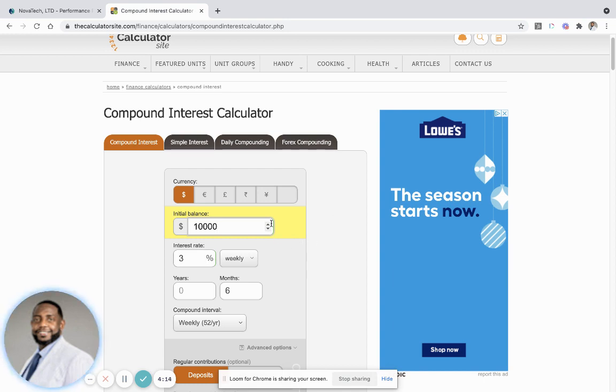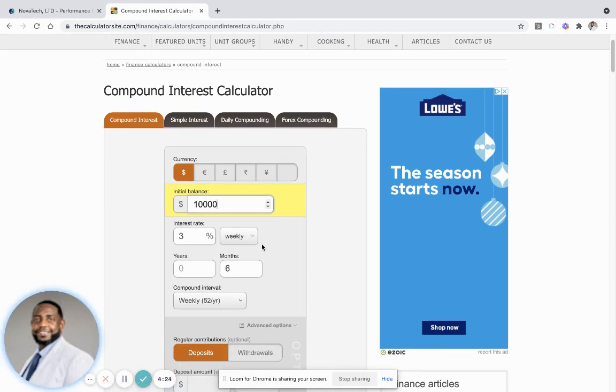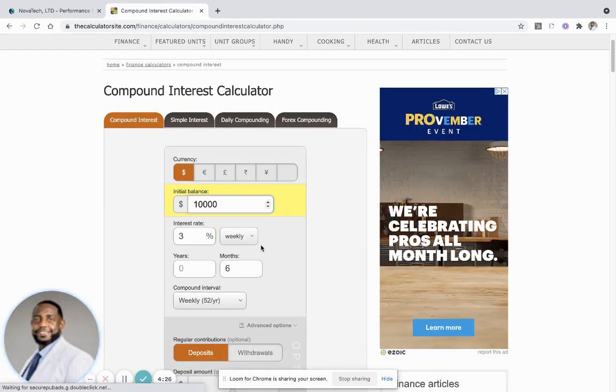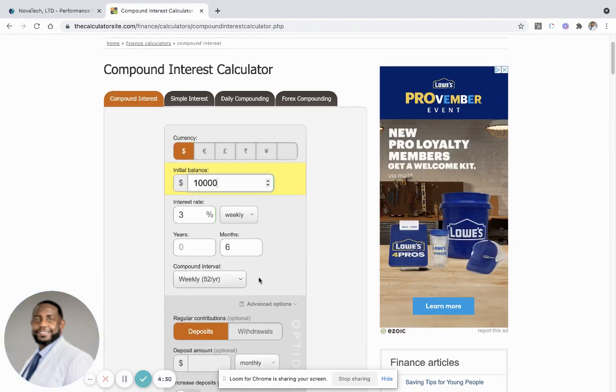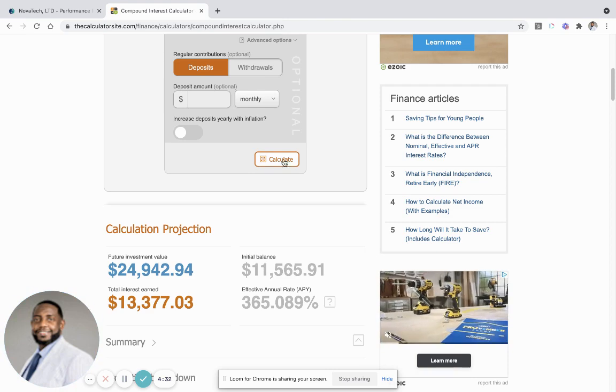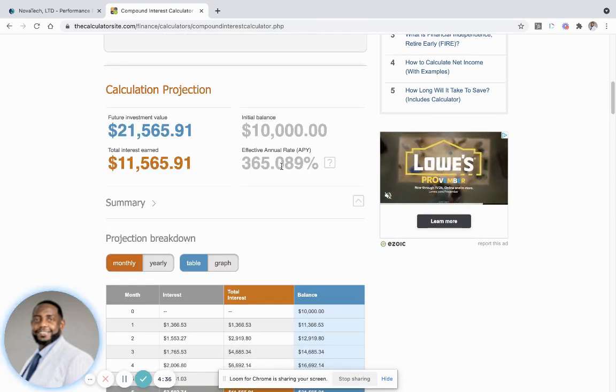If someone came in with $10,000, now this is a quick 6-month strategy. I want you guys to see how powerful this is. Someone came in with $10,000, and we're going to say, on average, NovaTech is going to get us a 3% weekly return. We're going to do this for 6 months, and we're going to compound our returns every single week, right? If we do that and we go ahead and hit calculate, what it's going to show us is that our investment value after 6 months is